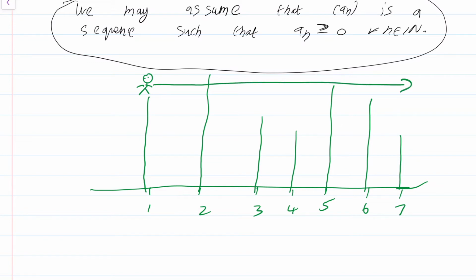Okay. What can happen? Well, there are two possibilities. Either every stick to your right is smaller or at the max as large as the stick you are standing on, or this isn't the case, right? So assume for the time being that you are standing on a stick such that every stick that comes later is no larger than the stick you are standing on. For instance, if you are standing on A2, this is the case. Every stick that comes later is at the max the size of the stick you are standing on when you look to your right from A2.